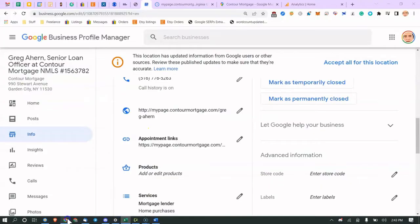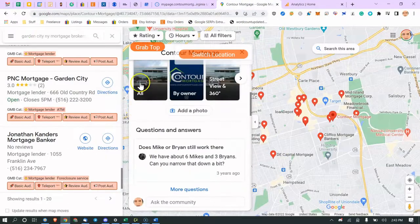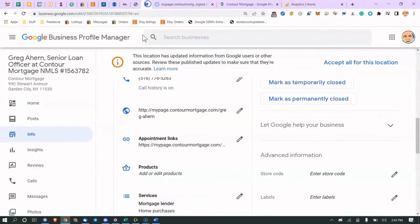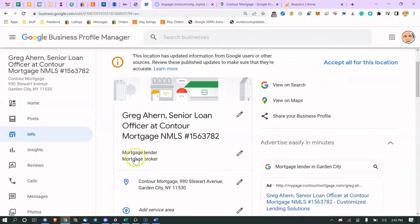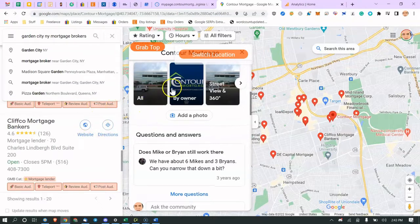So, categories. What you want to do is make sure you're using all the categories that your competition's using. So you're using mortgage lender and mortgage broker, which makes perfect sense to me. Where you'll see it is somebody will own a pizza restaurant, and what they'll have is pizza restaurant and maybe Italian restaurant, but they won't also have just restaurant, they won't have pizza delivery, etc., etc. So if you look at your competition,